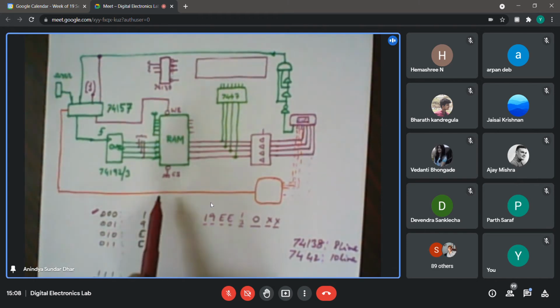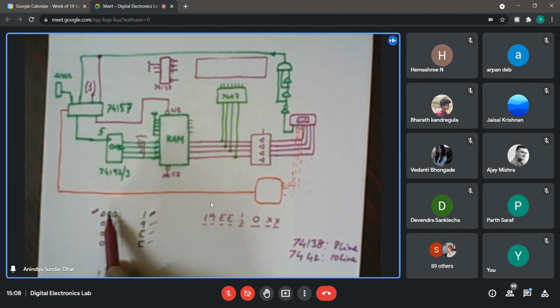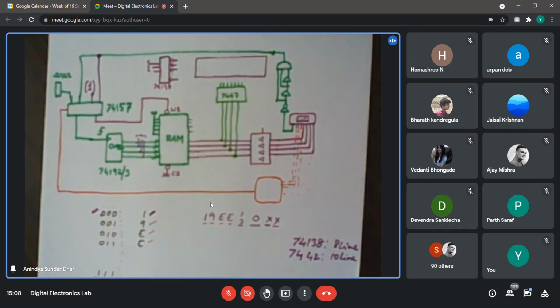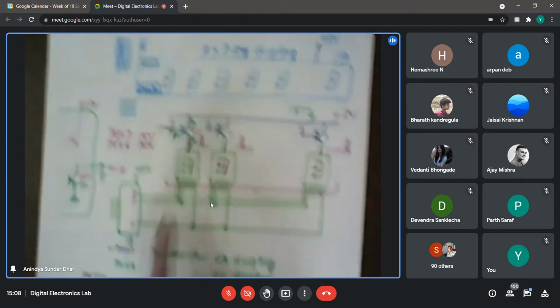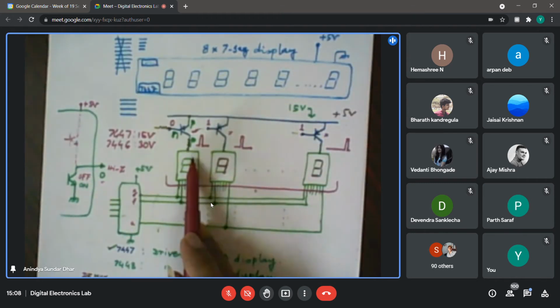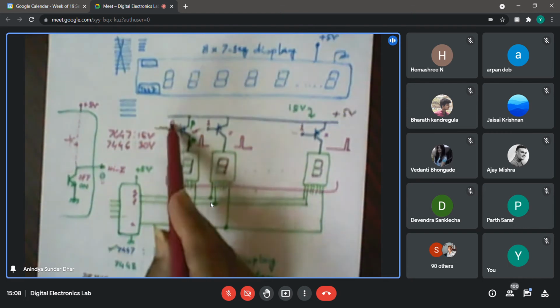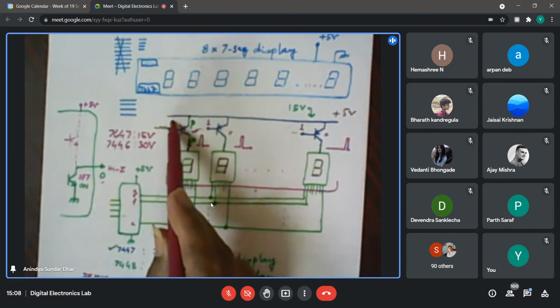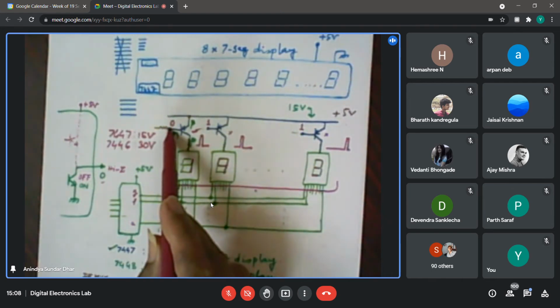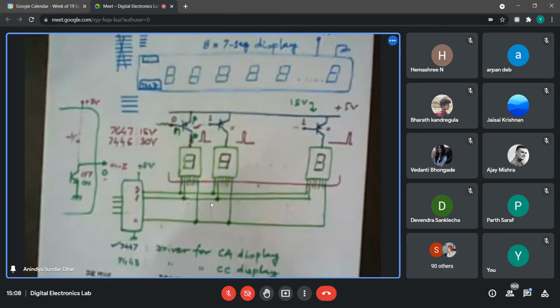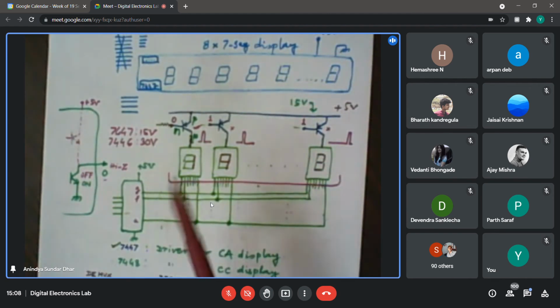But right now the problem is, as I think Amitaksha has rightly pointed out, that it matters if it is not placed in the first location, because I will be sending this 3-bit address information to decide at which particular 7-segment display that character will be displayed. So I want 1 to be displayed here, 9 to be displayed here. And this one will light up only when this transistor gets a 0 input at its base, which will eventually come from the decoder. So the decoder should get the information that right now the address is 000.